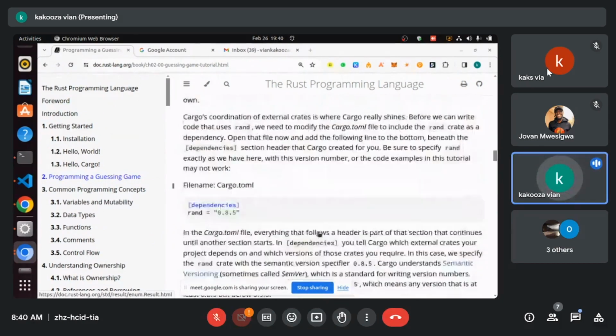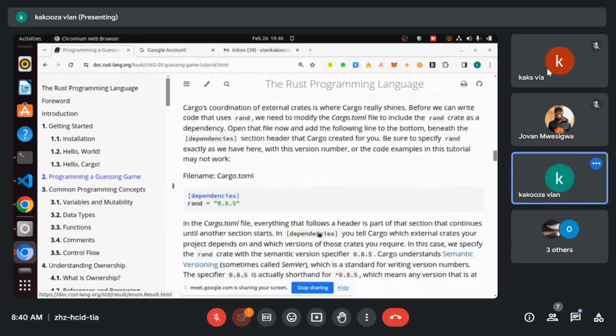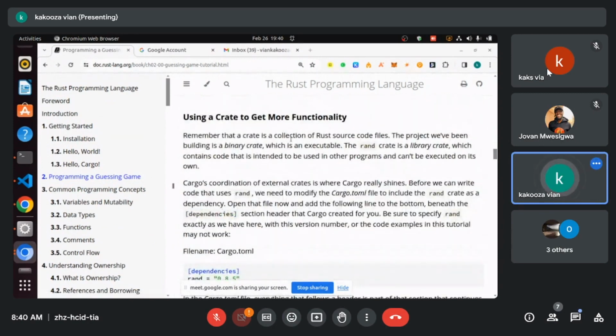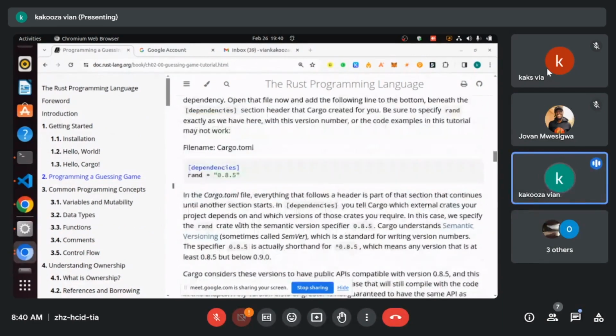So we are going to generate a random number. This is a good thing. Remember that a crate is a collection of Rust source code files. The project we've been building is a binary crate, which is an executable. The rand crate is a library crate, which contains code that is intended to be used in other programs and can't be executed on its own. This is the reason why I came up with this example. I know that it is not so beginner friendly, but it keeps you inquisitive about the structure